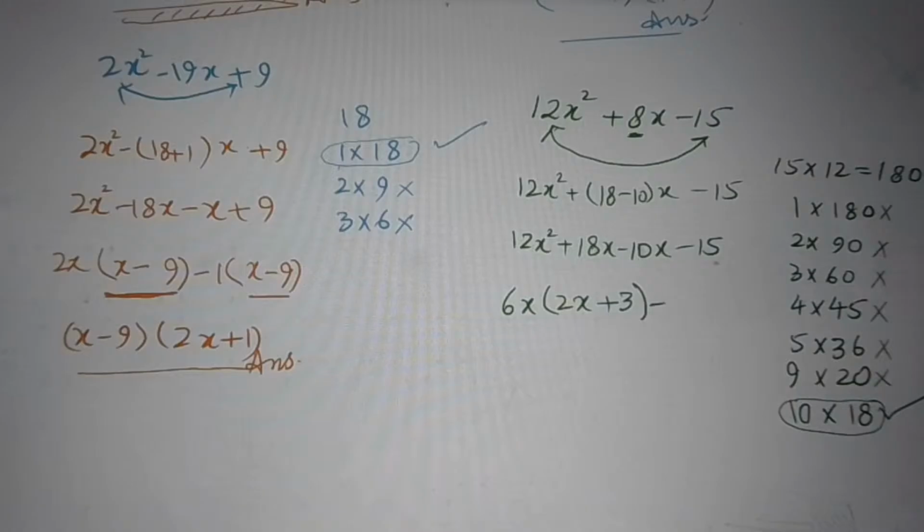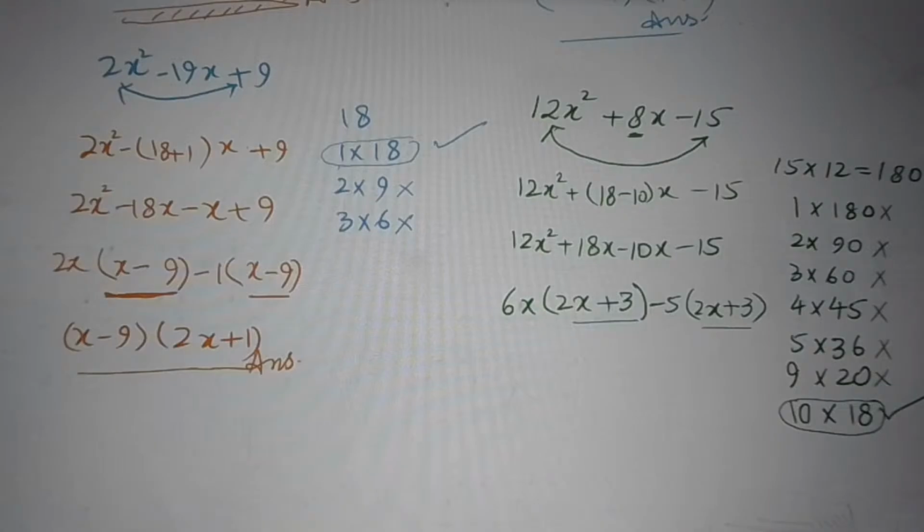Minus, and 10 and 15, what is their common divisor? 5 is their common divisor. From here you can understand how we are taking common. So the common divisor of 10 and 15 is 5. When you divide 10 by 5, you get 2, and x will also appear inside. Minus minus plus, so 5 divides 15 by 3. So 2x plus 3, 2x plus 3, this same factor appearing here confirms the correct solution